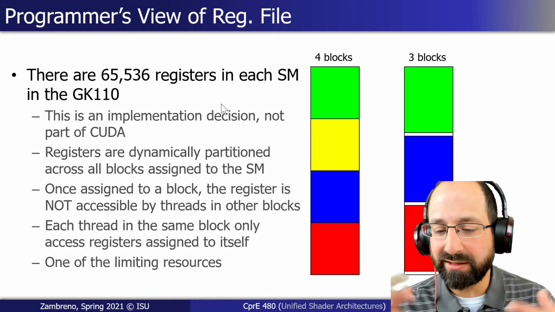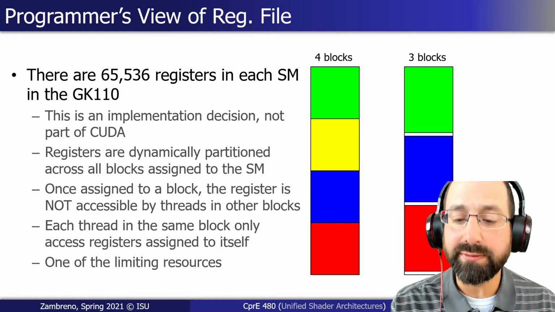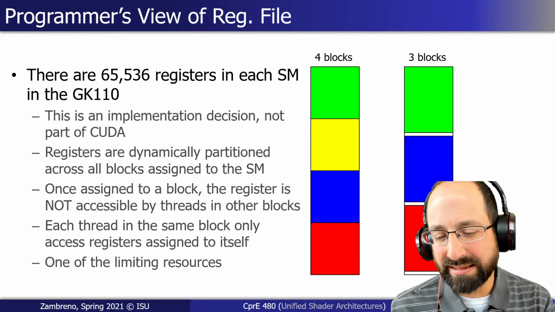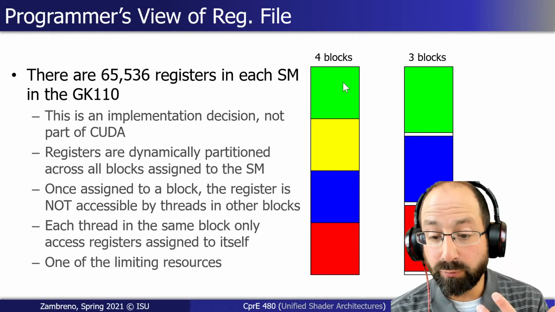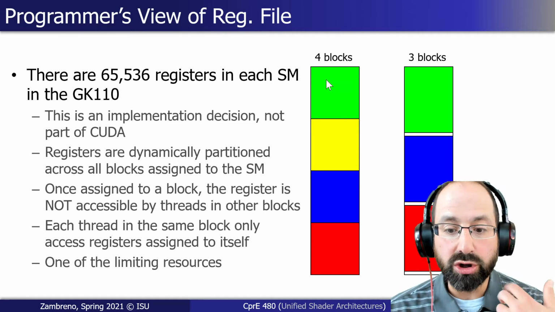Is it a big memory? Is it a large register file? It doesn't really matter, but it's a relatively fast local piece of storage that is shared between all the different thread blocks there. While it doesn't necessarily say in any of the documentation exactly how that happens, from my perspective, the way it would probably work in the most logical fashion would be, again, the kernels are written from